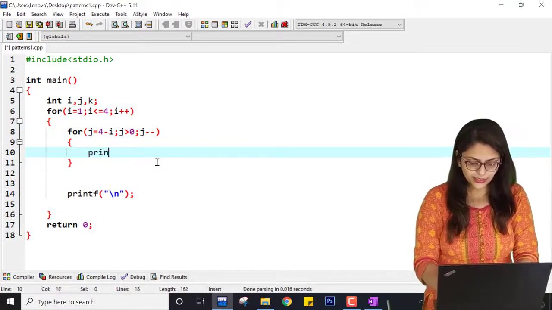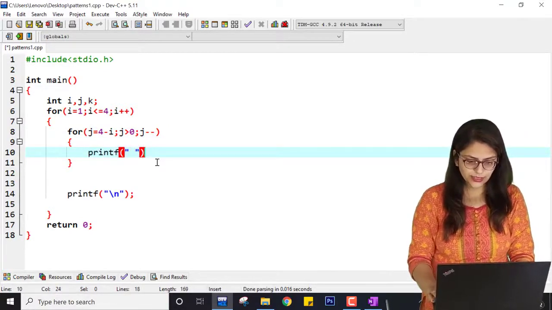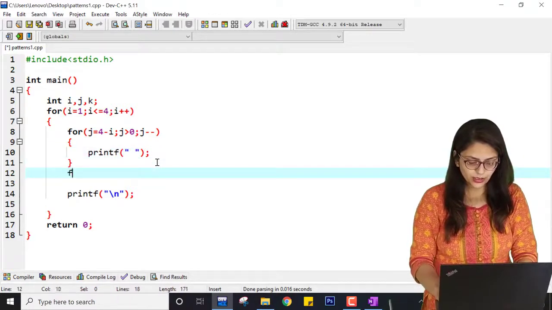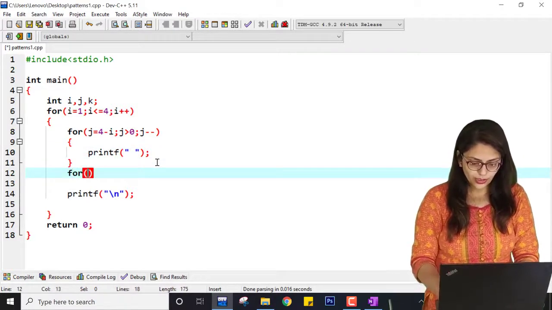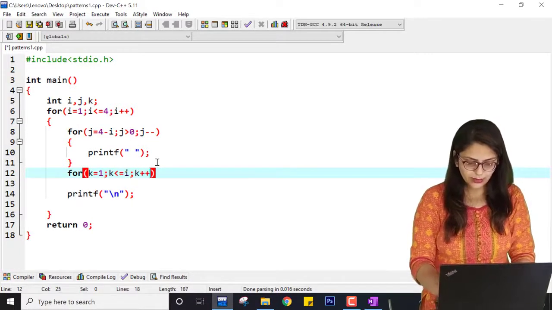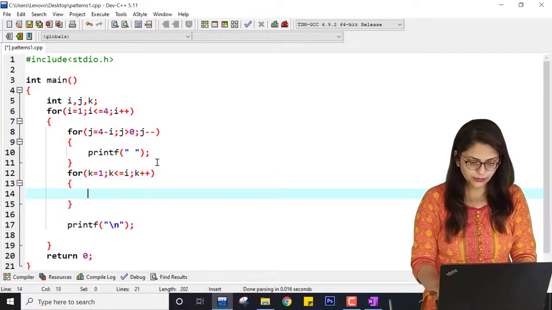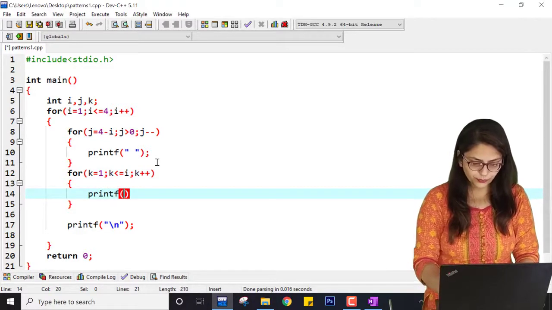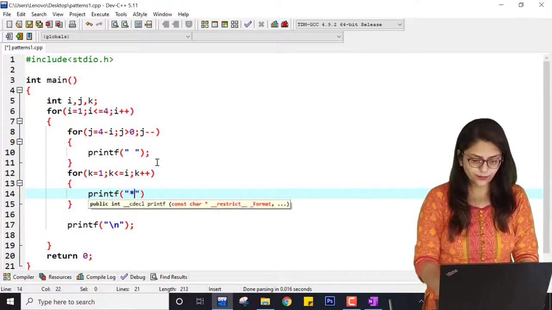And here I am printing just a space. Now here I am writing another loop for k starting with 1, k less than or equal to i, k plus plus, and inside it I am printing printf star.